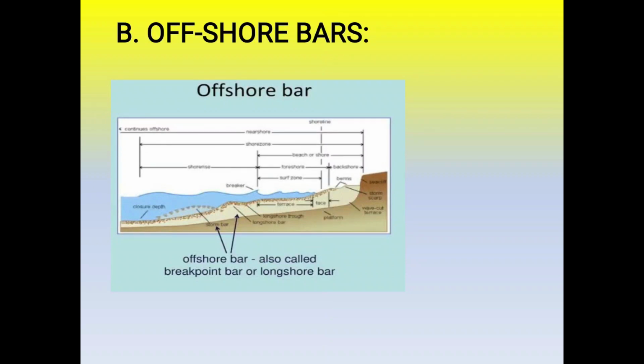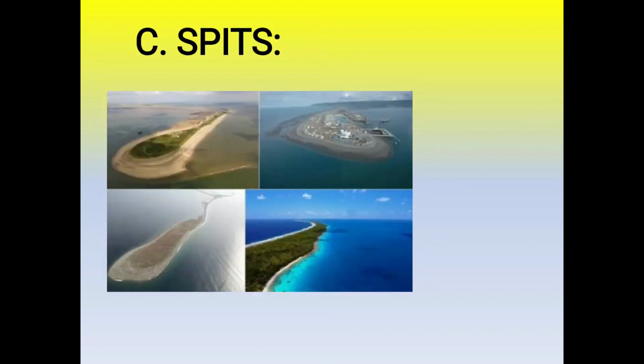Sometimes the bars extend in such a manner that they cut the passage of sea water inside the enclosure of sandbars, and the bar forms an enclosed lake known as a lagoon. Lagoons are also called hafts. Along the east coast of India, Chilka and Pulicat lakes are supposed to be formed by enclosure of lagoons.